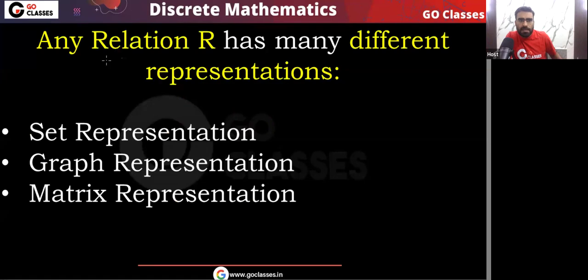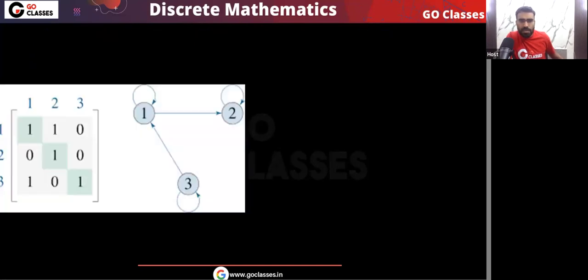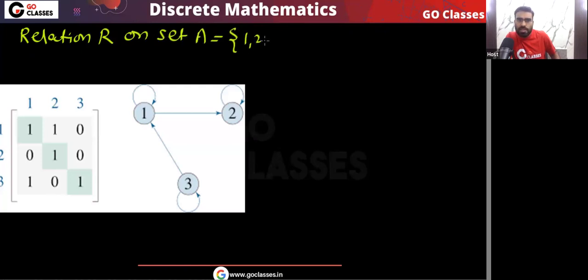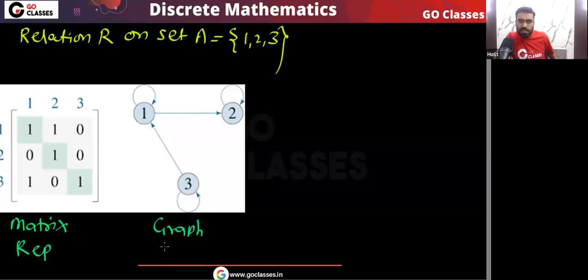So let's see. You already know that for any relation R, you have many representations, correct? Whatever relation you take, that will have many different representations like set representation, graph representation, matrix representation. So for example, consider this relation R on a set. What is your base set? Your base set is 1, 2, 3. You can see this is the matrix representation of this relation, and for the same relation, this is the graph